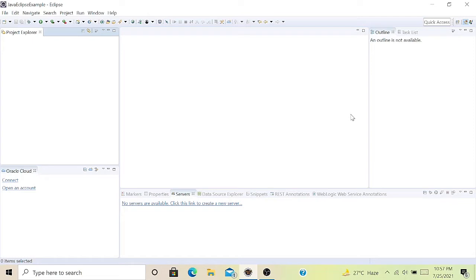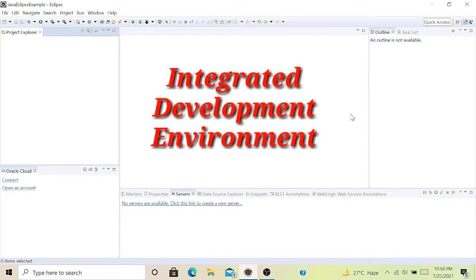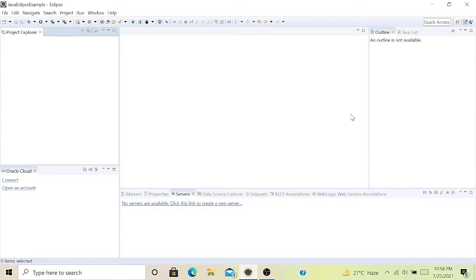So we should know what an IDE actually is. IDE stands for Integrated Development Environment, and you can do all the stuff in one thing.